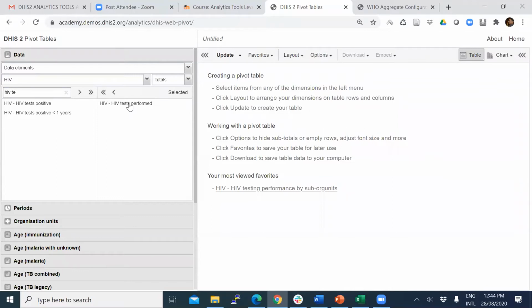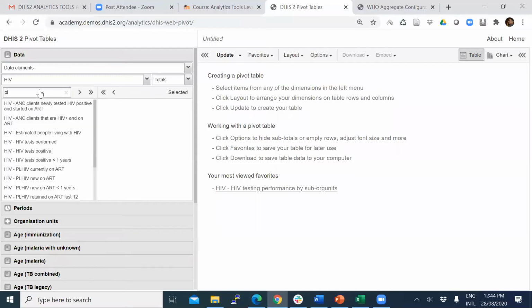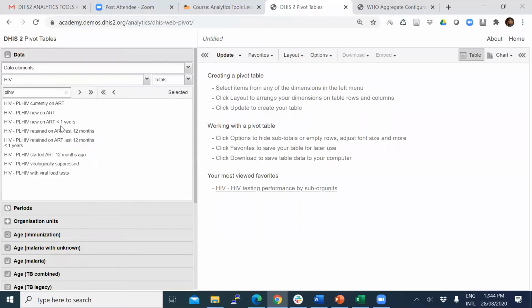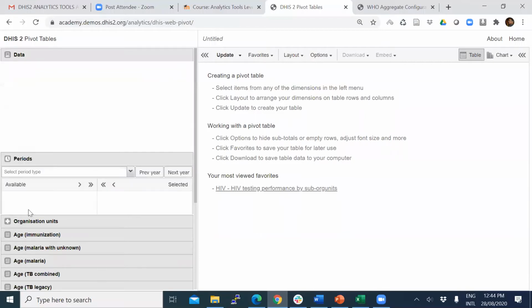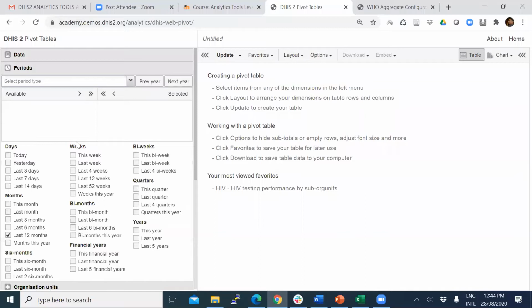Or else shall we take PLHIV currently on treatment? Okay, right. Shall we take the period as, say, last 3 months?